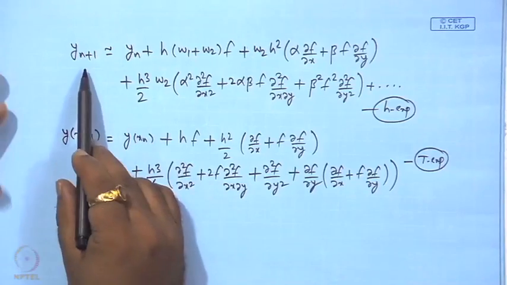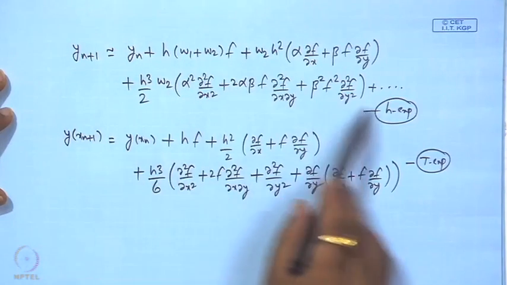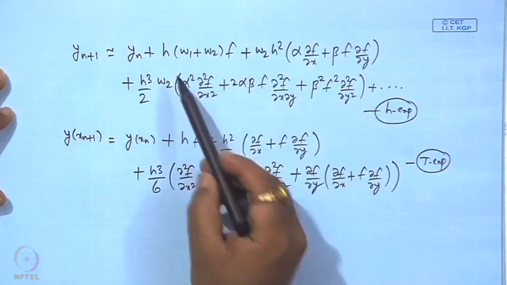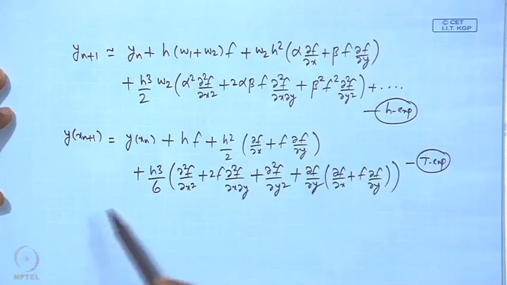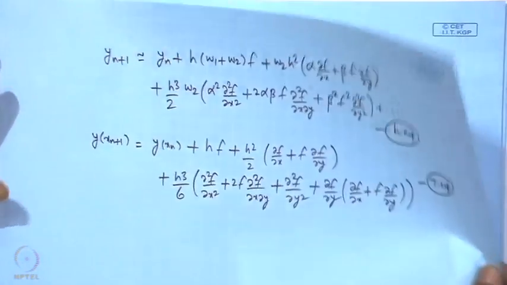So, we compare. Okay. So, that we expect a system of equations. Let us see. Okay. So, again I would like to, this is an approximation which we have expanded in powers of h, and this is our Taylor series expansion. Now, we try to compare. So, what we do is